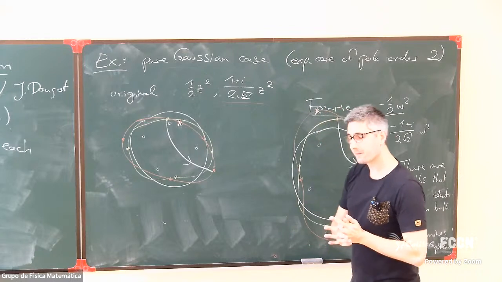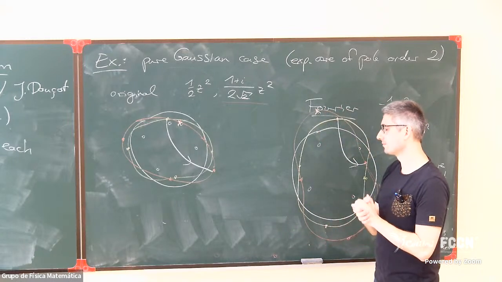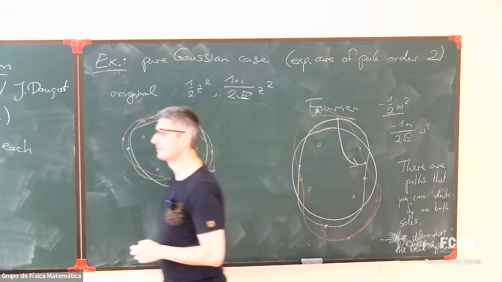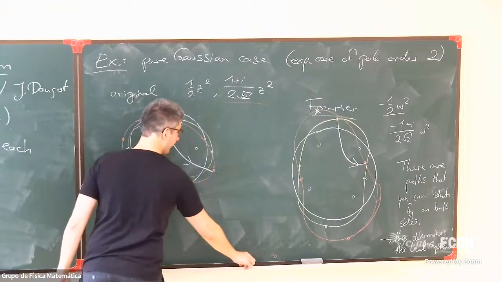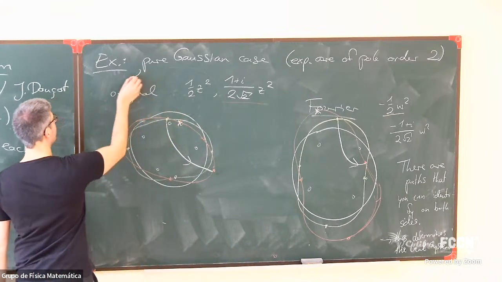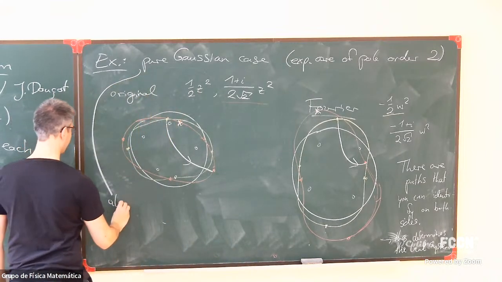In the very simple case where the coefficients are all positive multiples of the same one, then you have an explicit formula. But whenever they start moving, the picture